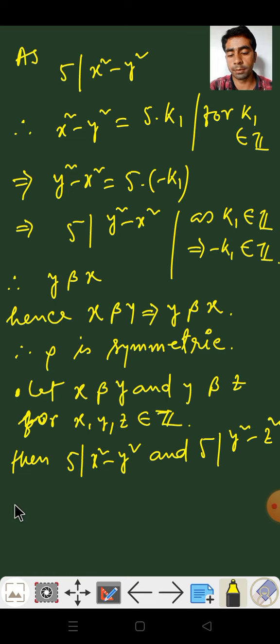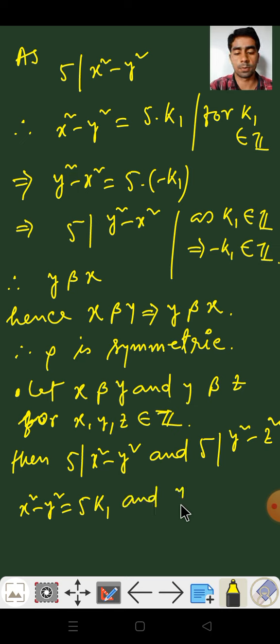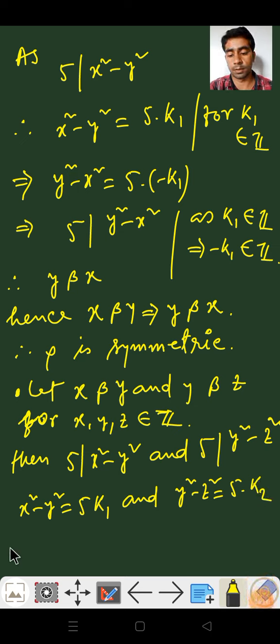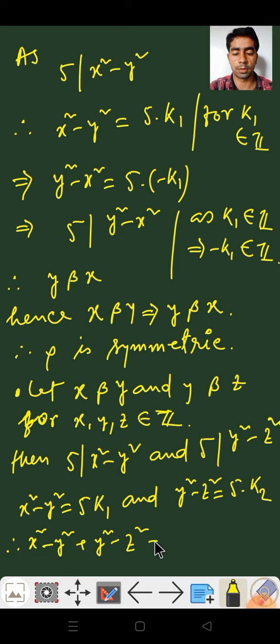So therefore we have x square minus y square equals 5 k1 for some k1 belongs to Z, and y square minus z square equals 5 into k2 for k2 belongs to Z, and therefore x square minus y square plus y square minus z square equals 5k1 plus 5k2,